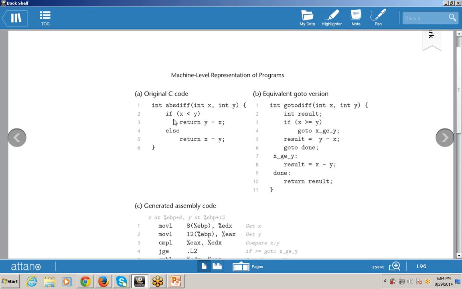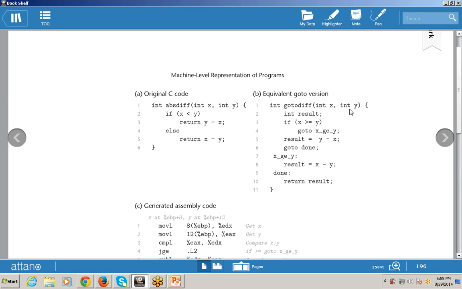Then curly brace start, if x is less than y, means if x is less than y, return y minus x, else return x minus y. If x is less than y, so x is small, put y minus x. If y is small, put x minus y. This is the equivalent goto version. So this is int gotodiff, absolute difference with goto.